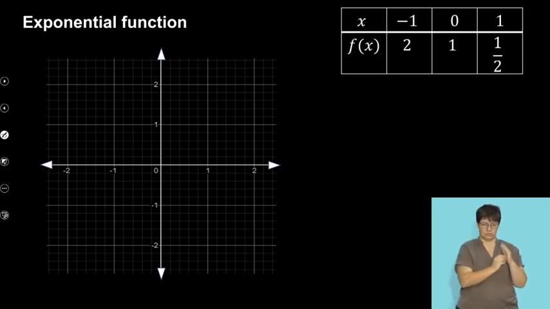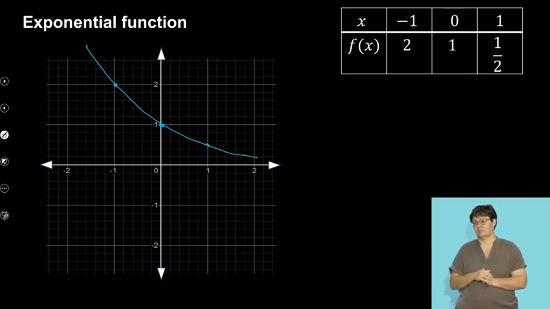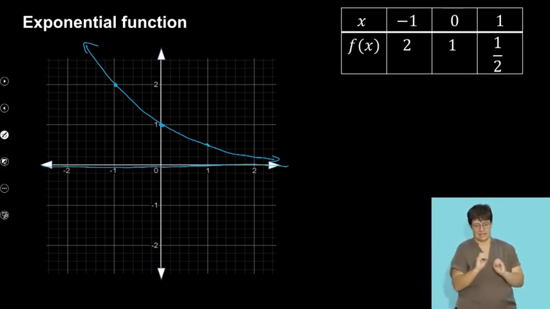To plot this as well, the negative 1 is the one that goes with a 2, so it is up there. The 0 goes with the 1, it is somewhere on the y-axis there, and then the 1 goes with a half, so it will be somewhere here. And then when you join this, it will look something of this nature here. All right, still, you can see that this is not crossing the x-axis,